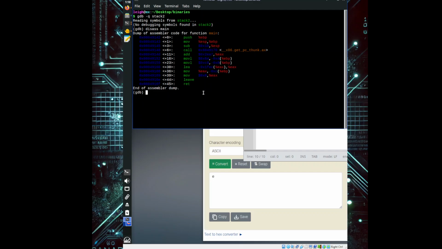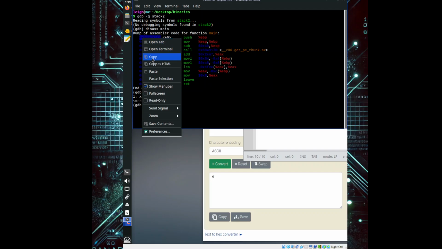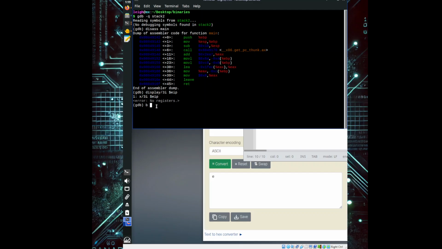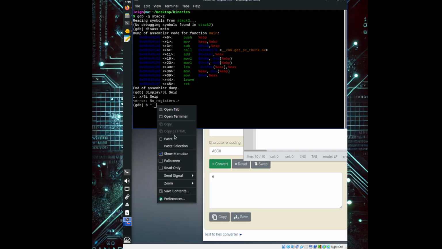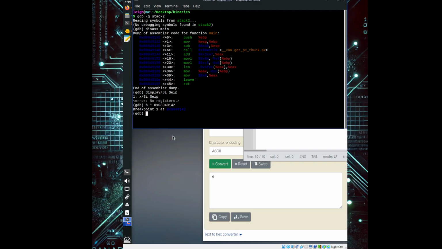Fun stuff. So I'm going to put up a couple of displays first. And I'm going to do three instructions of EIP. Actually, let me just set a breakpoint and I'll get the instructions once I get inside. That's my mess up. So let's do a breakpoint right here at the start, and I'm going to run it without